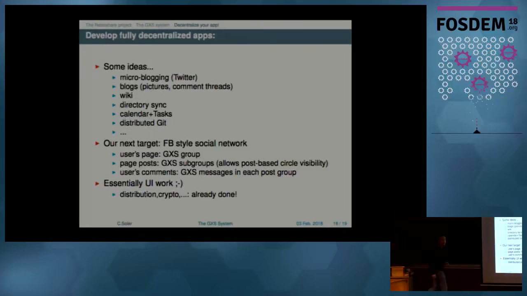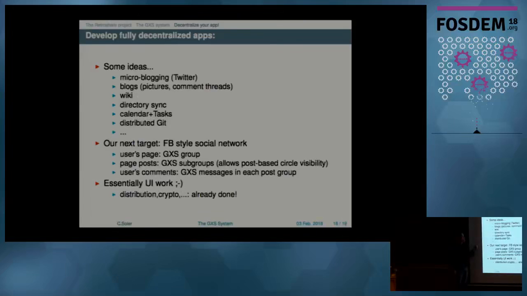So what do we want to do with that? I think that it's possible to use the same principle to develop at least these things. So I just dumped what I had in memory. These three we have started already, but we would really make good use of developers to create them. Ultimately, our target is this Facebook-style decentralized social network where we would like to have some wall system where people can post their ideas, whatever, and other users could comment. So it's quite possible to do this using groups, subgroups, and GXS messages.